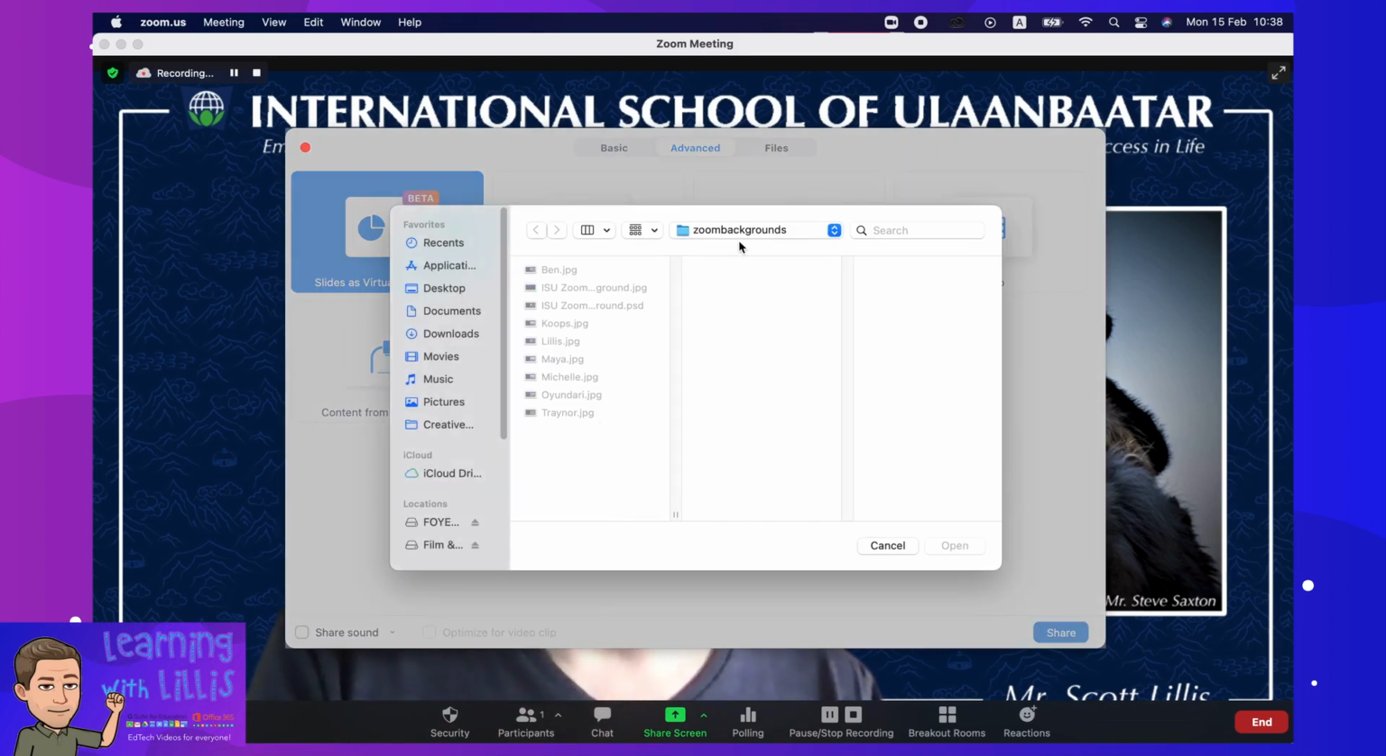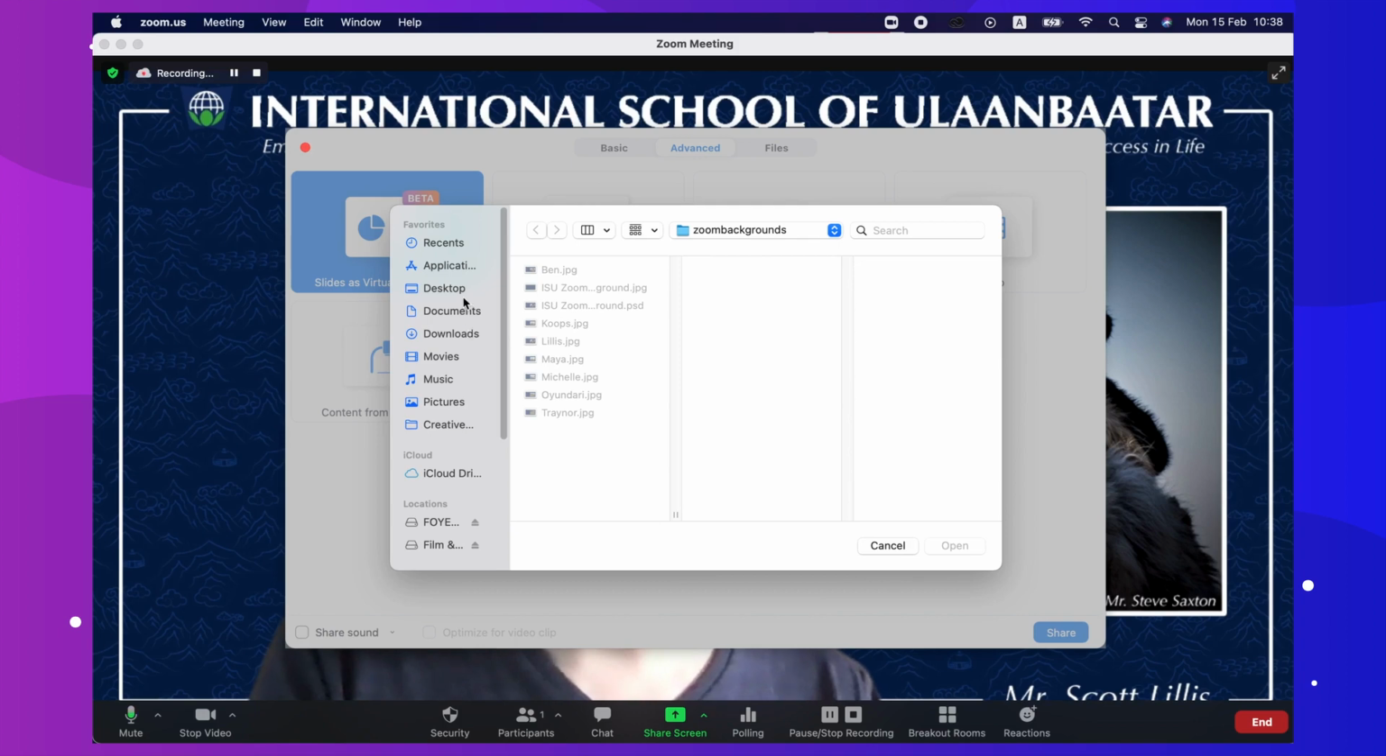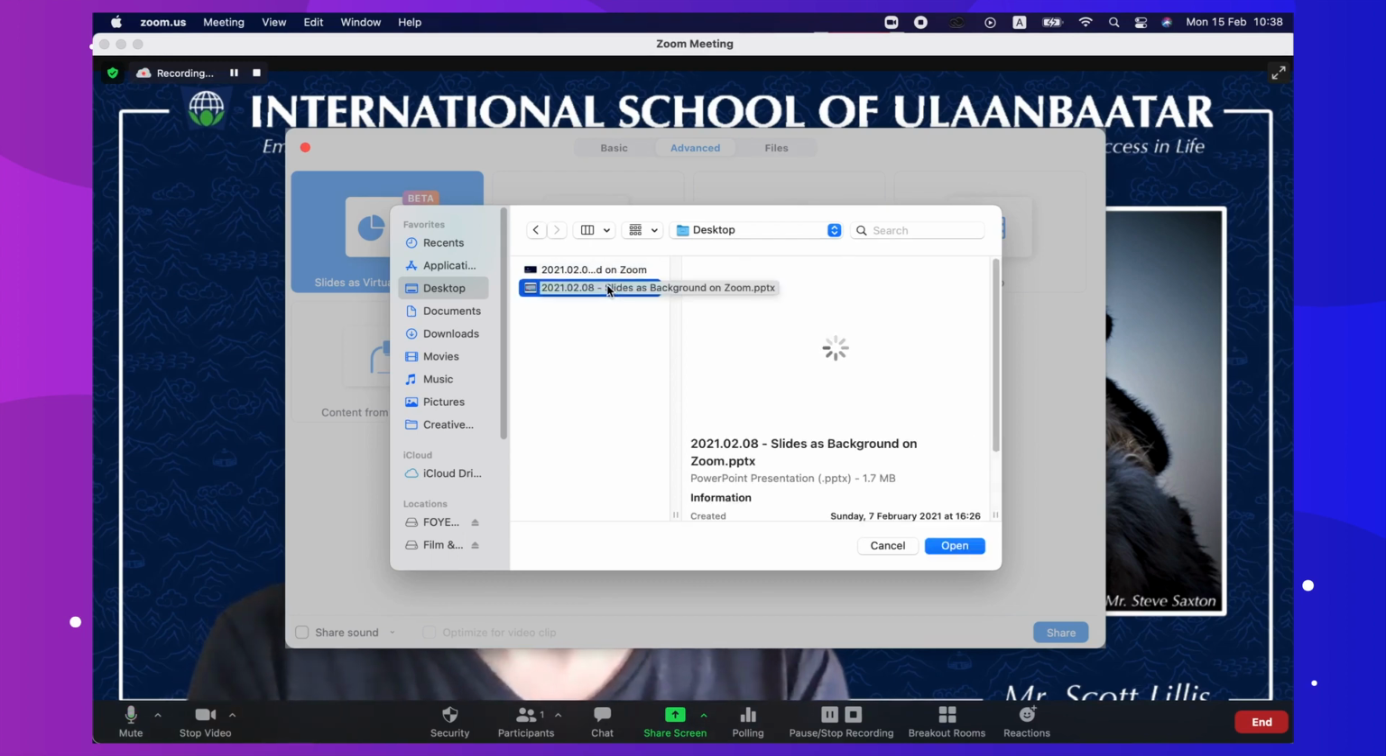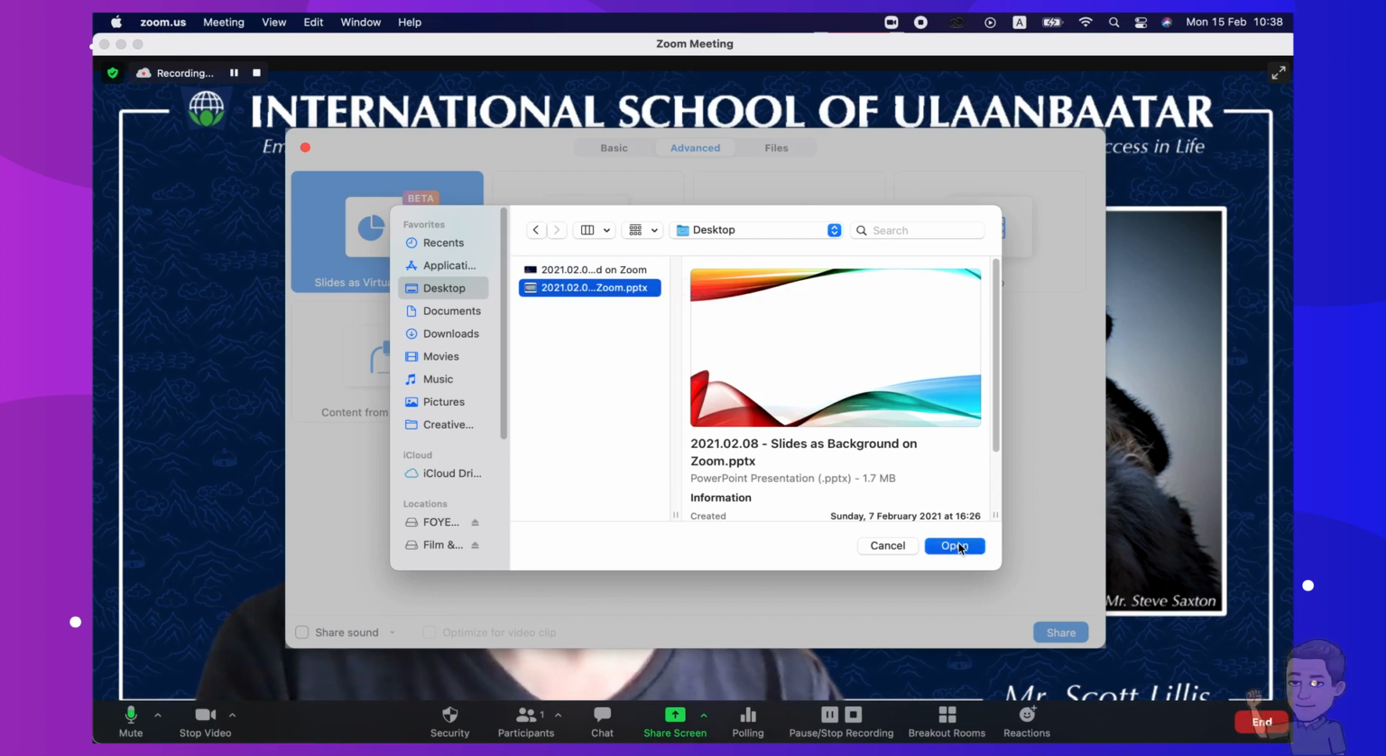So here we go. It defaulted to the last thing I shared, but they're just saved on my desktop. So I'm just going to go up to desktop, and I have two here saved. I have Slides as background on Zoom. One is PowerPoint and one is Keynote. So here we go. So I'm just going to open that,